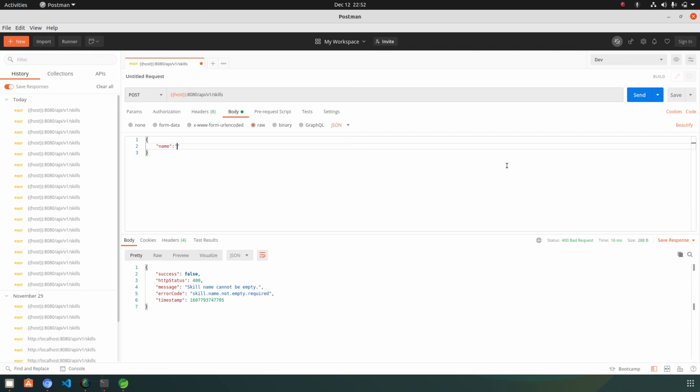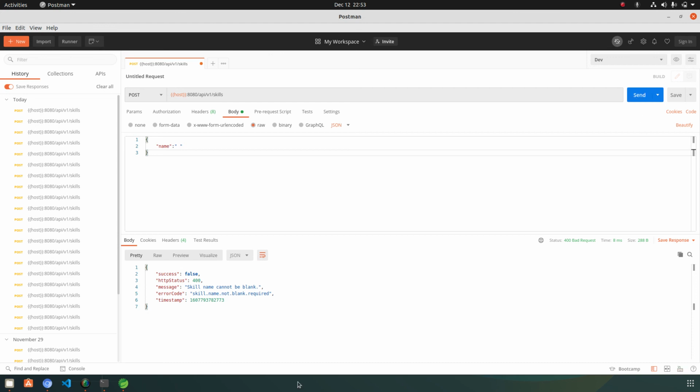So now we will check for the not blank. So give the space between the empty string, then it will definitely check for the blank. Then just click on this and you will see the message that skill cannot be blank. Cannot be blank, cannot be blank. So whatever time I am hitting the request, it is validating the request body in a sequence manner.